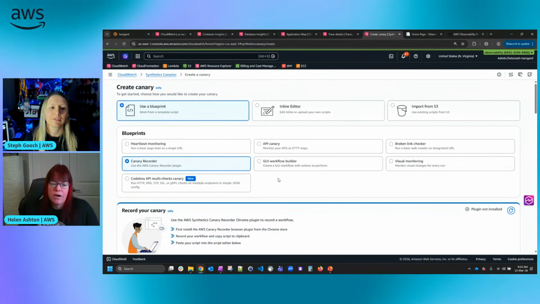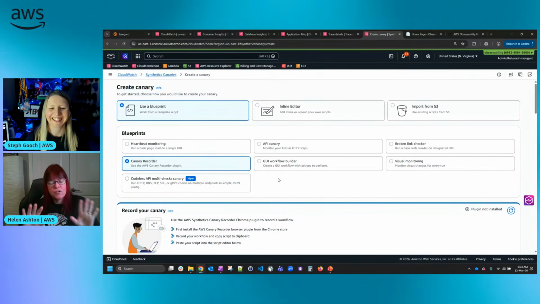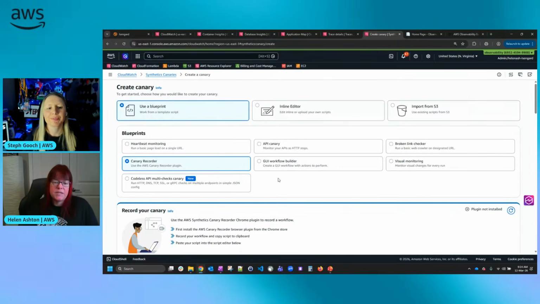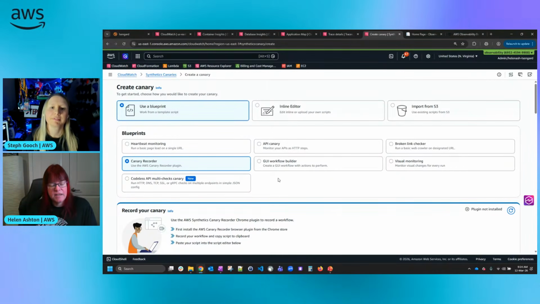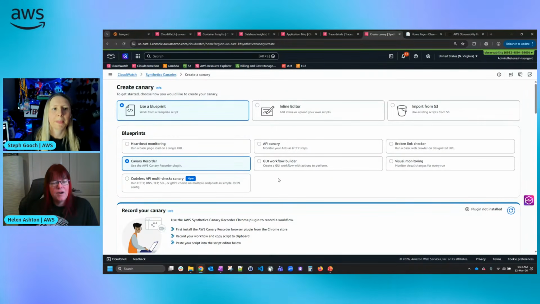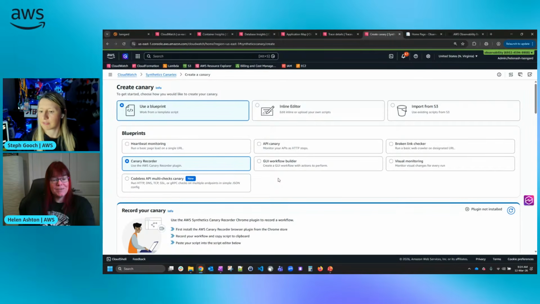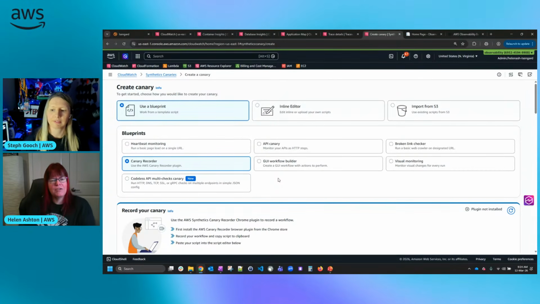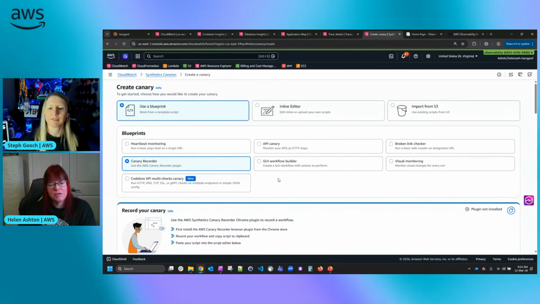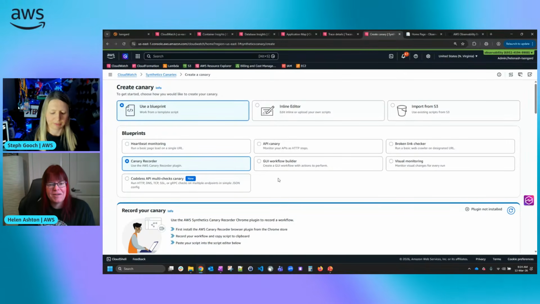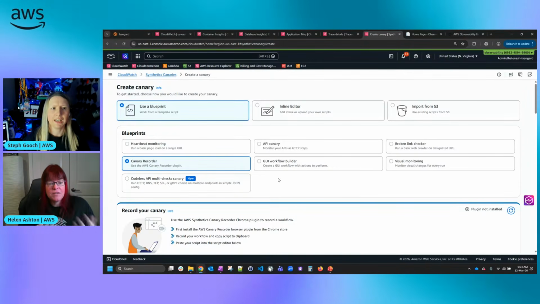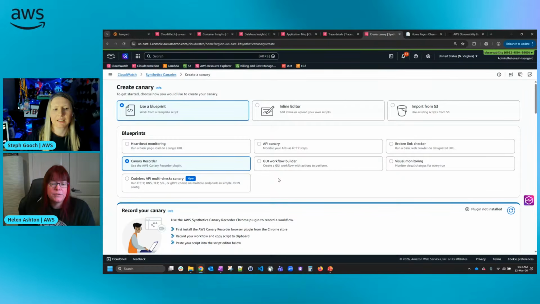You can just write your own code. For those who know the words, these use Selenium and Puppeteer coding frameworks. So you can actually just write your own code for it to go and run. And the nice thing is, if you talk to your QA team, often they use those frameworks. So they may well have a ton of things that they check in their QA process. And if you check it in your QA process, why would you not want to check some of those things regularly about your actual operation? So you may well find there's some stuff already there that you can just pick up and use.